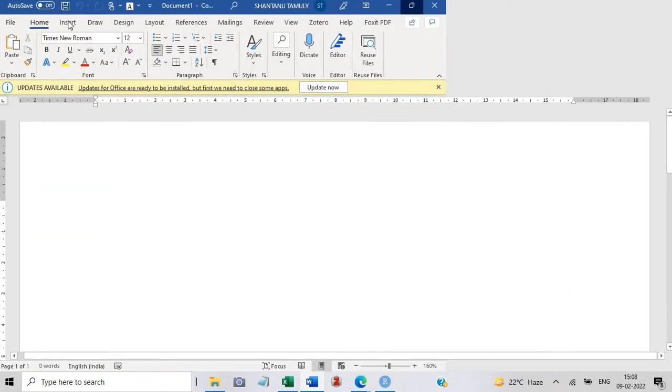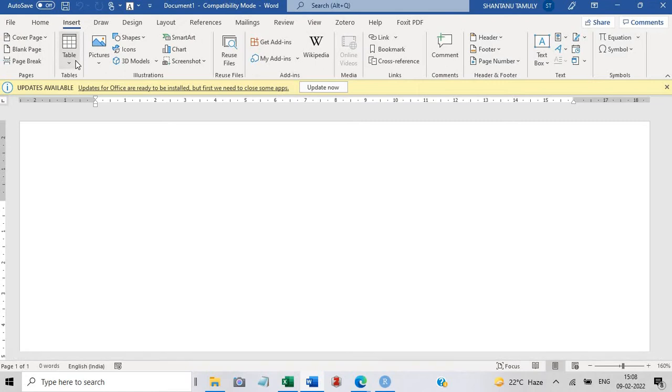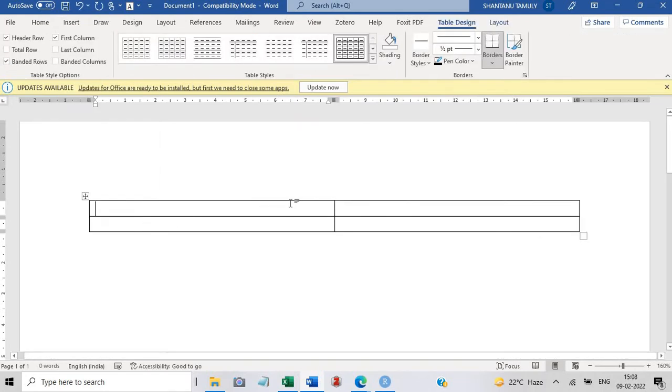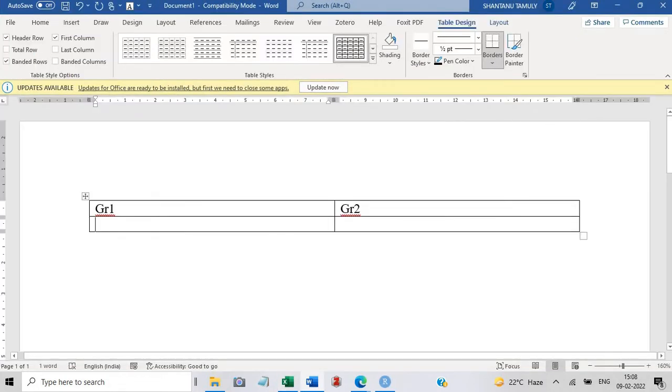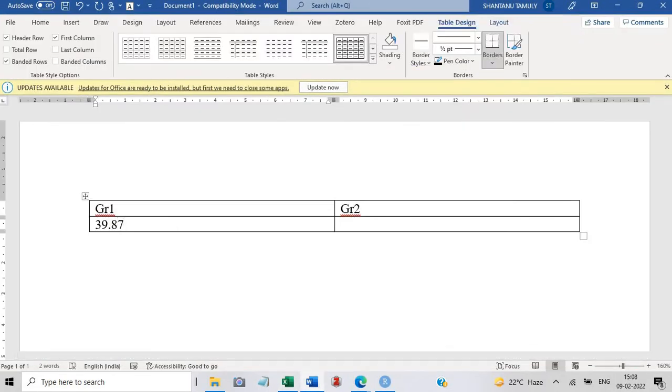Let me put a table here. Let us say this is group 1, and this one is group 2. While writing, first of all I write the mean value of group 1, which is 39.87.